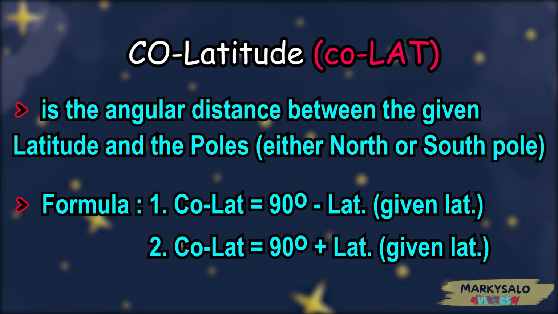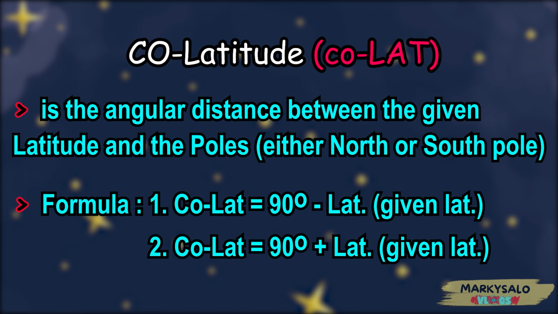Now for the last topic of the Earth coordinate system, I'm going to discuss the concept of colatitude, abbreviated as COLAT. By definition, colatitude is the angular distance between the given latitude and the poles, either north or south pole. Or we have two formulas that we're going to use to find the colatitude. One is